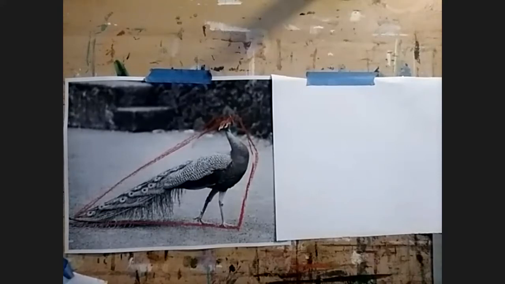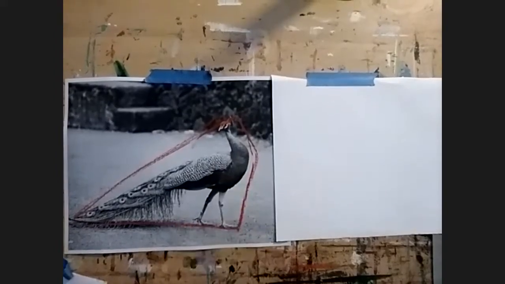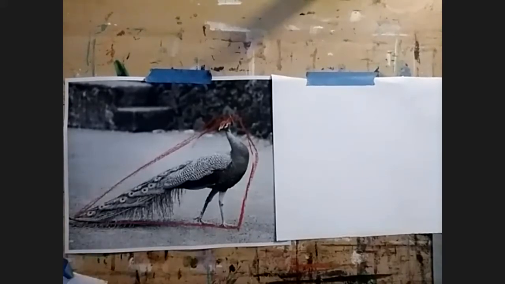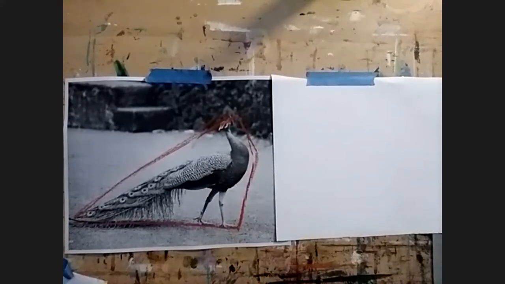And I'm trying to decide. We're going to start with a big brush, but I'm going to give you opportunities to move to a smaller brush. So this is the first thing that we're going to draw. Once again, for those of you who are new to this process, this is what we would call the envelope. Hi, Natalia, by the way, nice to see you. If we were to draw an envelope shape around the whole bird,